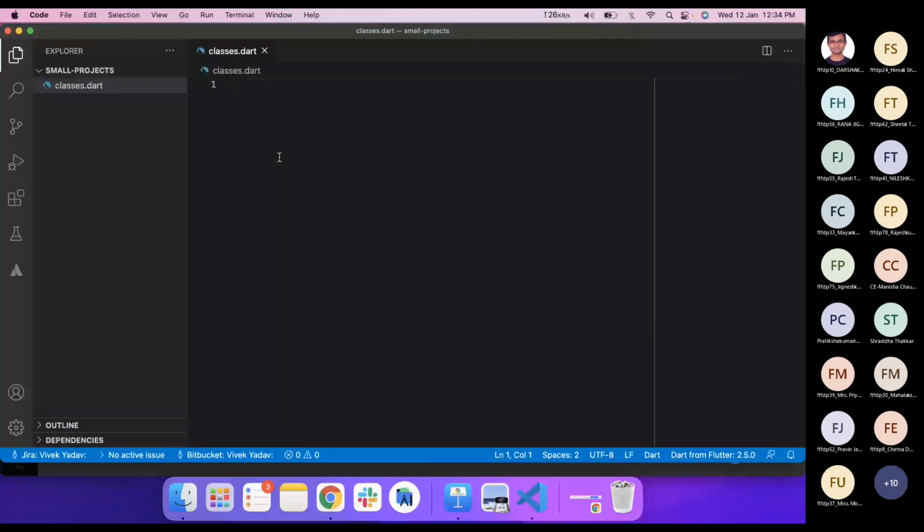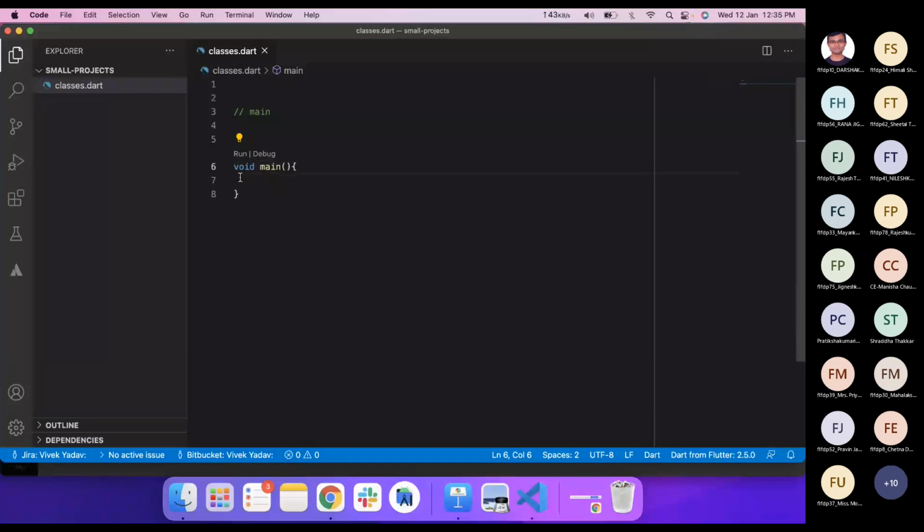So very first thing, every program starts from the main function. First, we will write the main function. We can write it like this. Also, we know that before a function name, we have to provide a return type, which is optional in Dart.